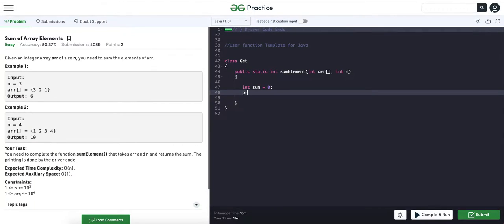And now I just need a for loop to iterate through the array, because as I just said earlier, you have to go through every single element of the array in order to get the sum of all the elements of the array. So for i equal to 0, i less than n. So we're not doing less than or equal to, because